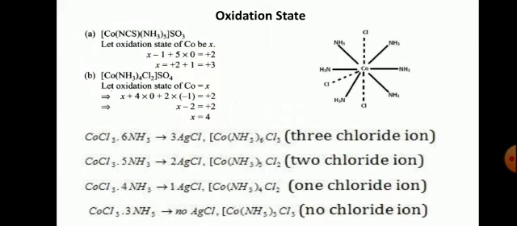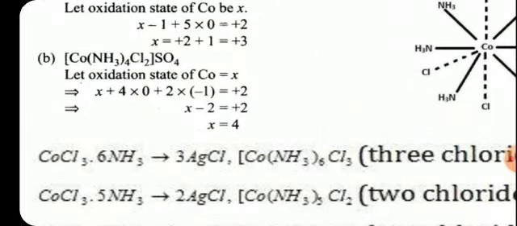You can see there. And if we consider the oxidation state to be X, again there is sulfate outside, so SO4, so the complex ion will be +2, as sulfate is -2. If it had been Cl, that means it is Cl -1, so the complex would have been +1. So you need to understand this.